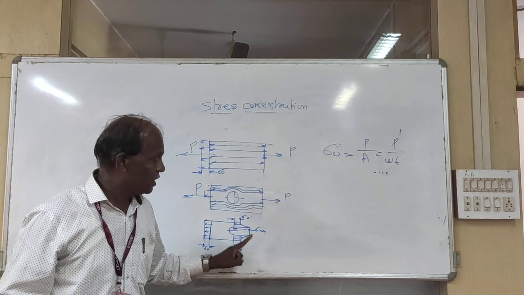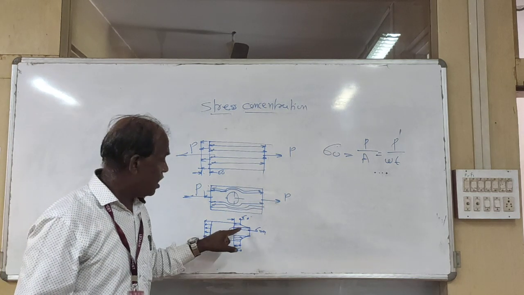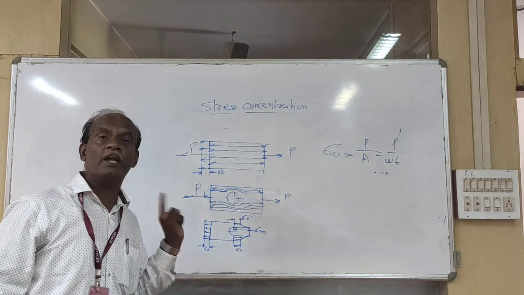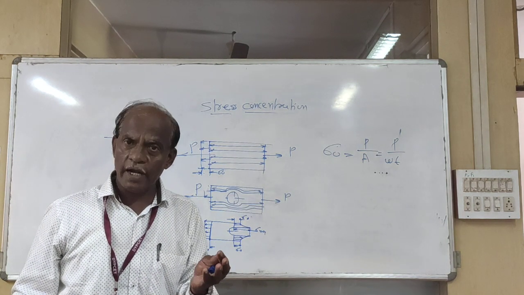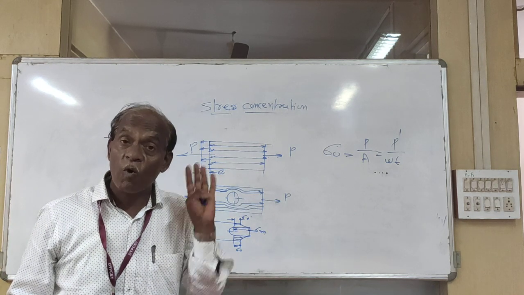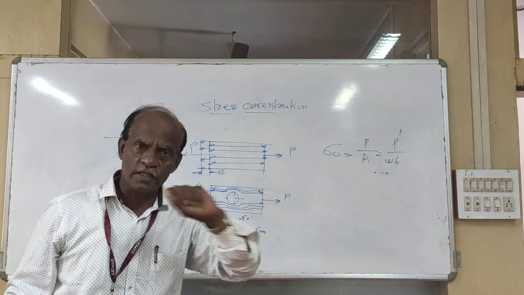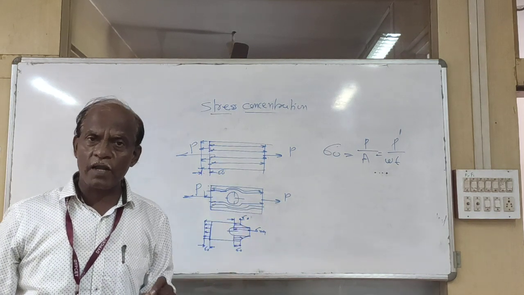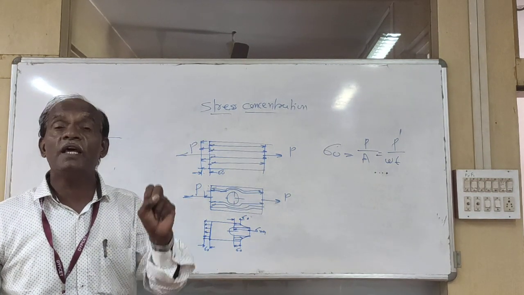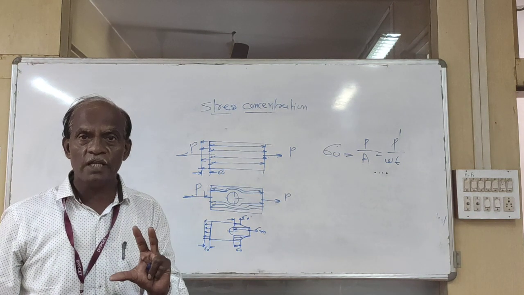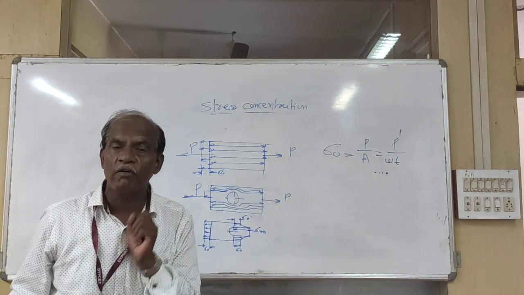Stress concentration is nothing but localization of stresses in the vicinity, in the neighborhood of the abrupt change in cross section, the neighborhood of discontinuities. Discontinuities may be in the form of holes, keyway, recess, threaded end, shoulder shafts. So these parts we require in an actual component. A theoretical component may have uniform cross section and homogeneous material, but in actual practice, discontinuities are present in the form of oil holes, keyways, recesses, and these are required for functional purpose, but then the material is not homogeneous. So this equation cannot give the correct results. This equation is required to be modified.